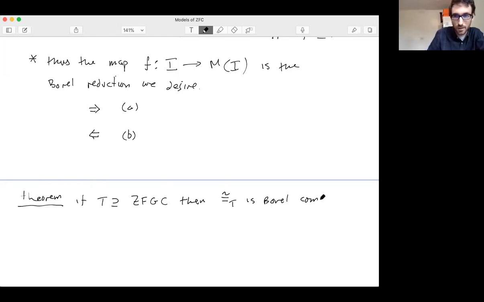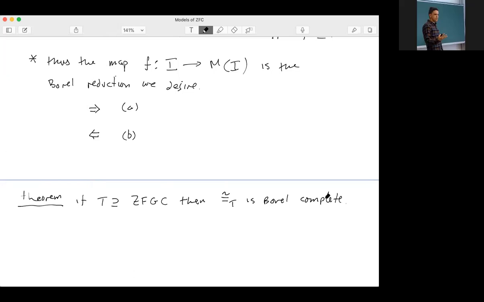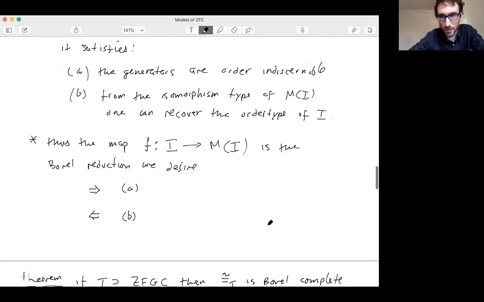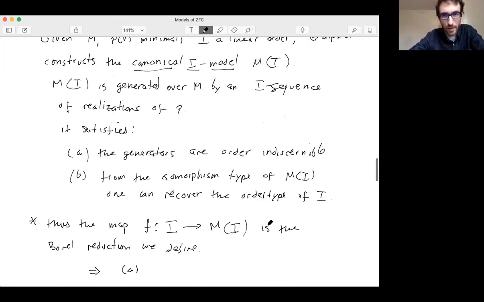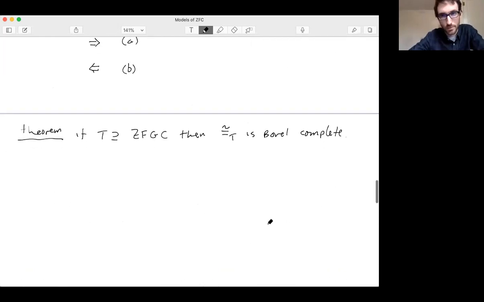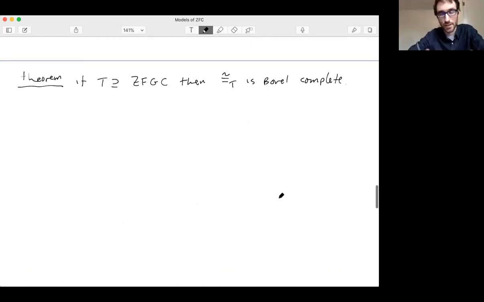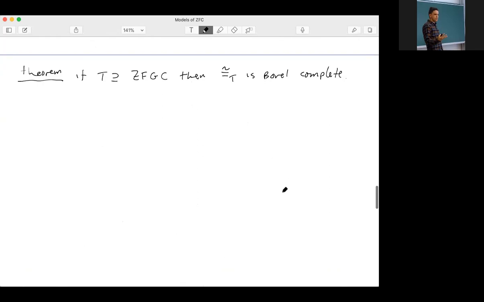Can I ask a quick question, Sam? Please. When you say it satisfies global choice, do you mean it contains V equals HOD, or do you mean you have an extra predicate for the global well order? Or does it matter? I meant the second thing, but I don't know if it matters. Okay, thank you. I guess either way would be fine, because if you have it with the predicate, you should be able to get it with things that satisfy V equals HOD.